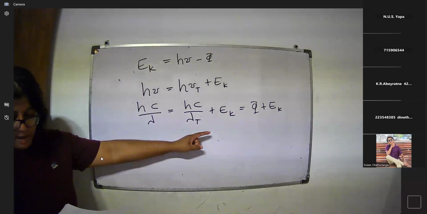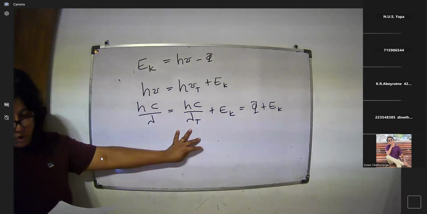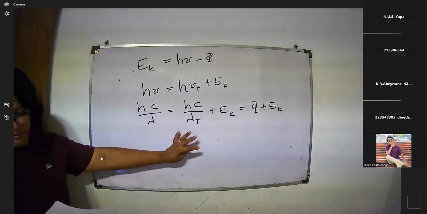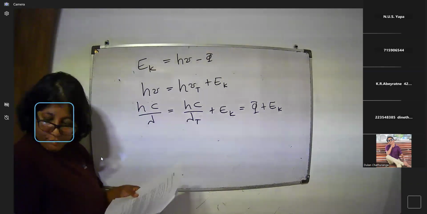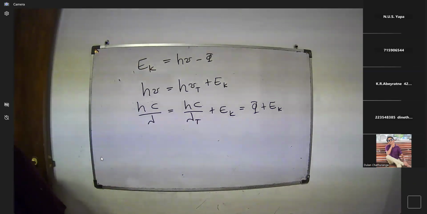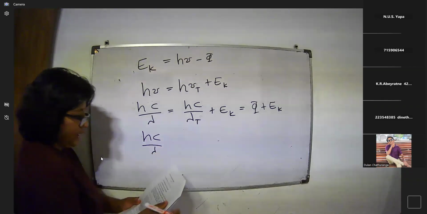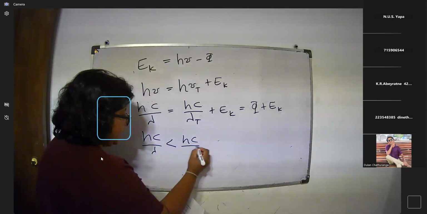Ek is the maximum kinetic energy of the photoelectron, and lambda t is the threshold wavelength or cutoff wavelength, right? The electron can only absorb one photon. I described this previously: one photon, according to quantum physics. If hc over lambda